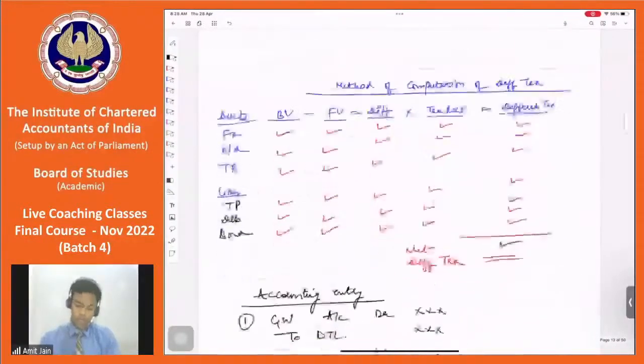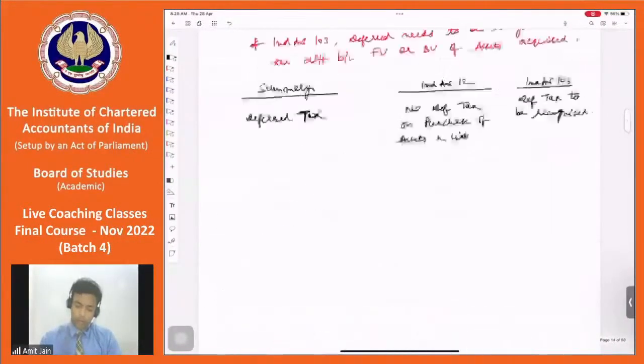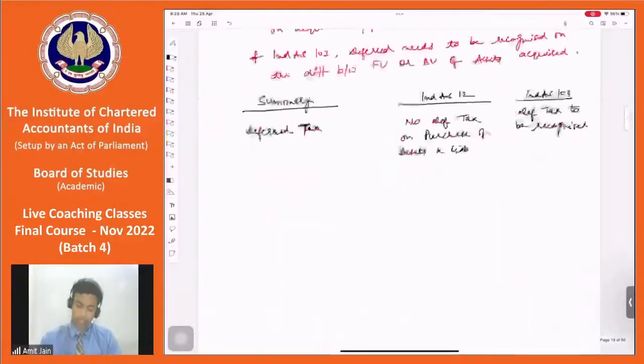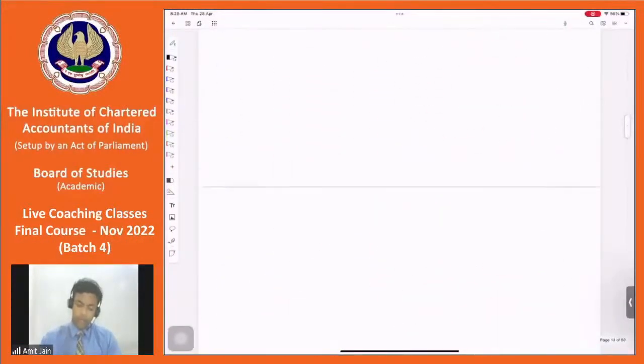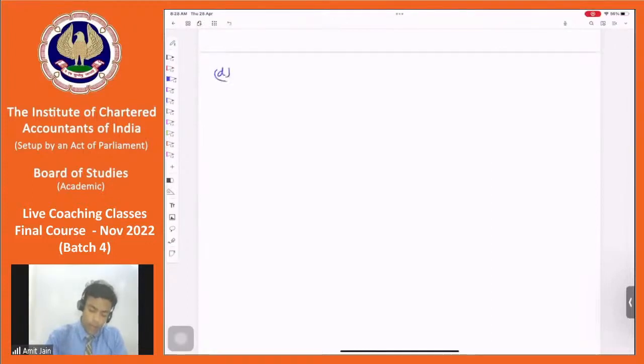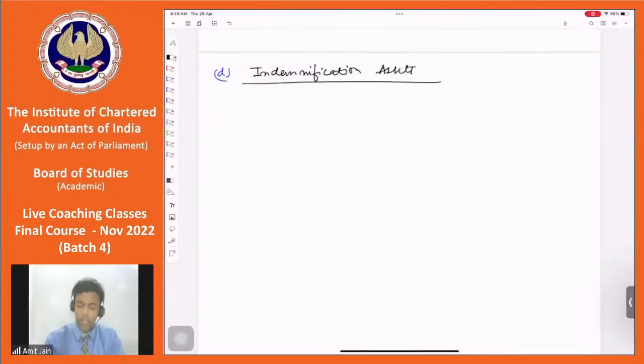Right? So this is about deferred tax, income tax. Then we have indemnification assets. What is indemnification assets? Let's say